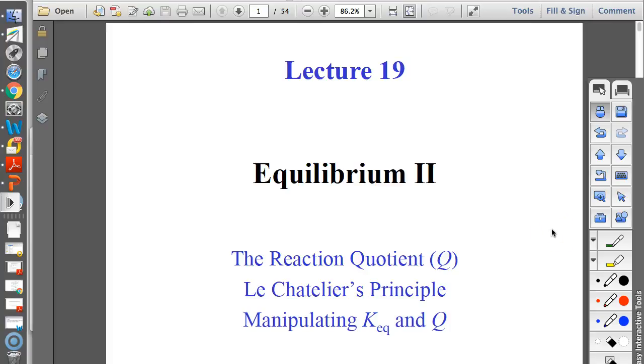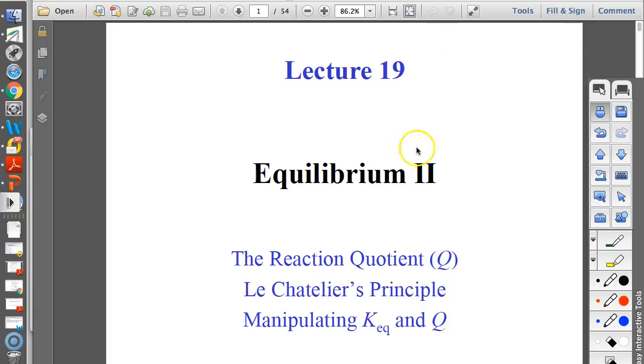What we're going to do today is expand on what we've been discussing, which is when reactions are at equilibrium. We're going to talk today about how to shift equilibrium by putting stresses on a system, and also mathematically how to express the concentrations in the reaction quotient, which is basically a K, when things are at